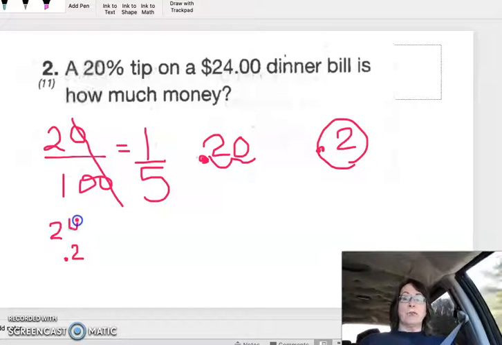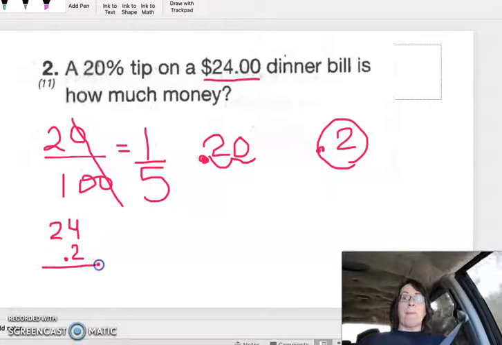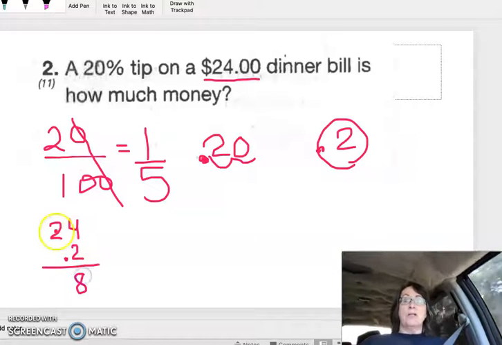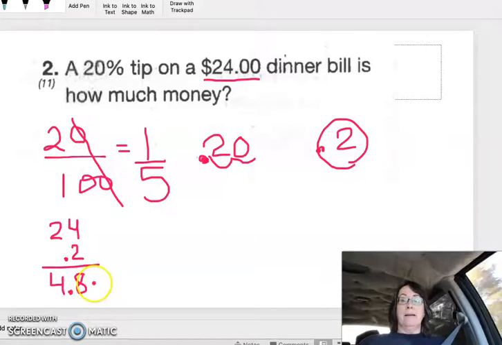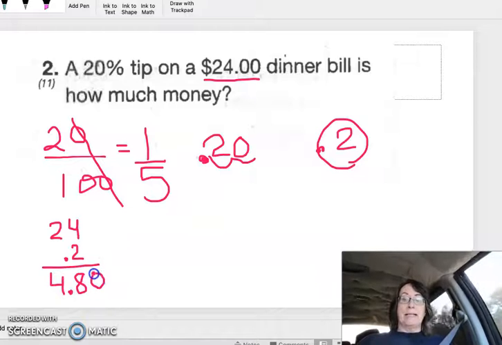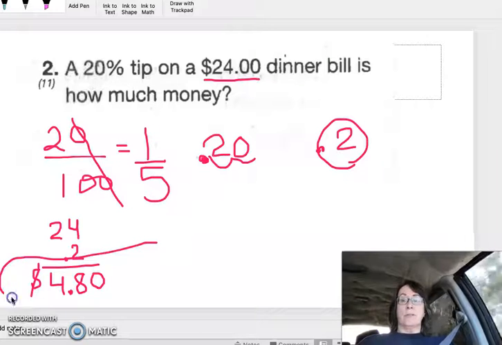And I'm just going to write 24 instead of 24.00 because I want to keep this as simple as I can. So now 4 times 2 is 8. 2 times 2 is 4. And we have 1 decimal place, so we'll have 1 decimal in the answer. But we're talking about money, so I'm going to go ahead and make it 80 cents and put a $ sign on it. And that is the answer to number 2,